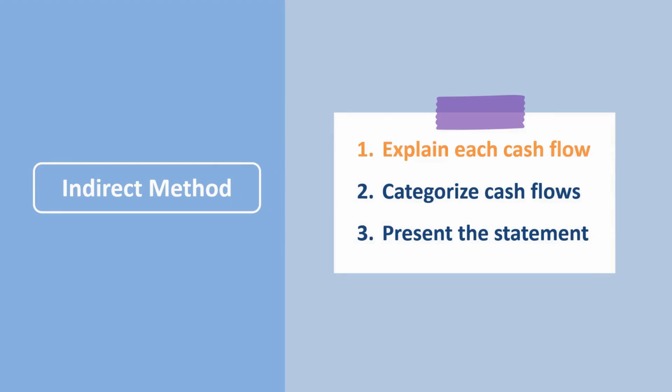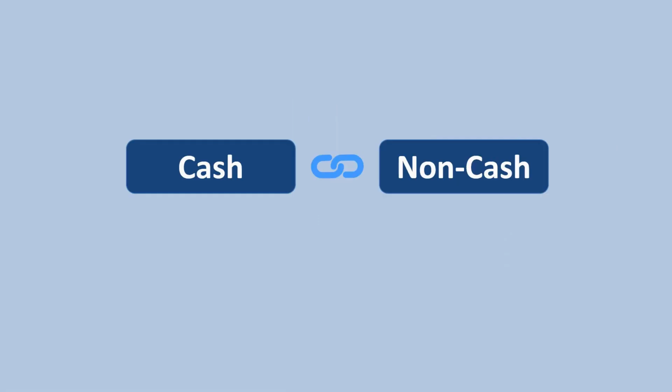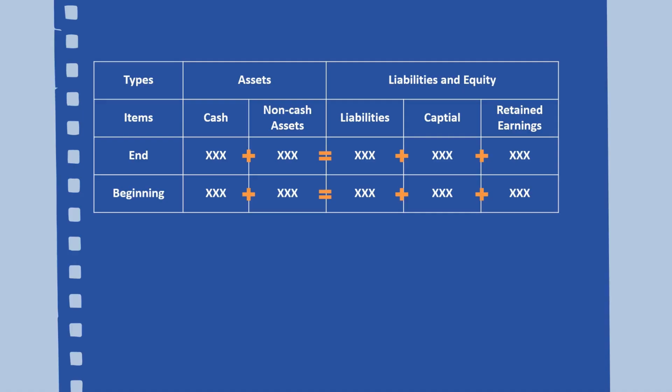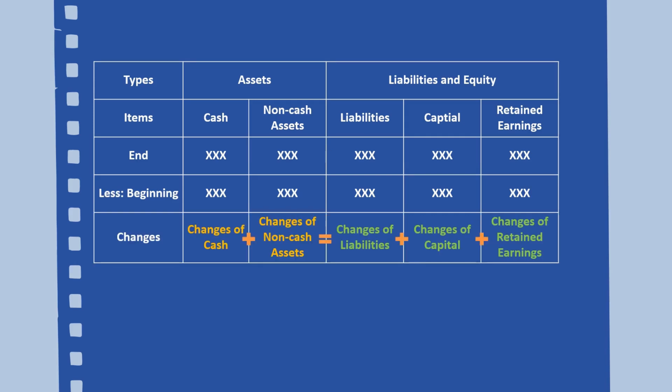The biggest difference between these 2 methods is how we look at these reasons. In the indirect method, we see changes in non-cash items as the causes of cash changes. This way of thinking stems from the magical accounting equation, which makes sure that the balance sheet always matches, no matter whether it's at the start or the end of an accounting period. So the changes in cash, plus changes in non-cash assets during the period, always align with changes in liabilities and equity during that same time.